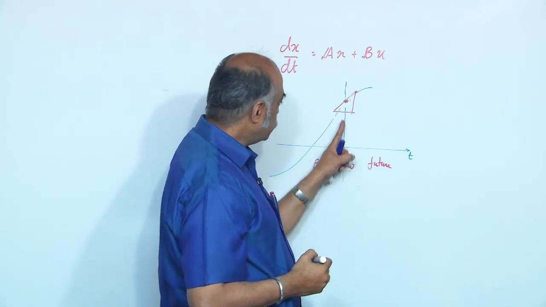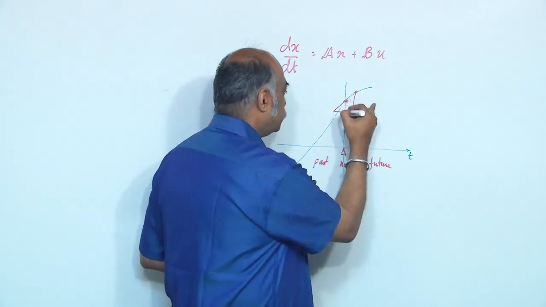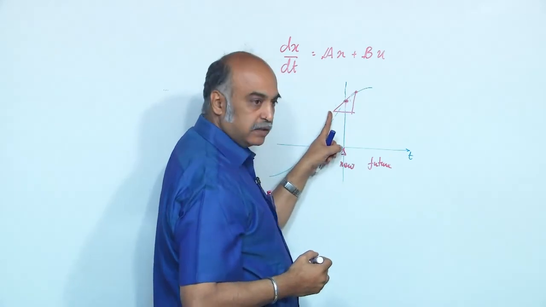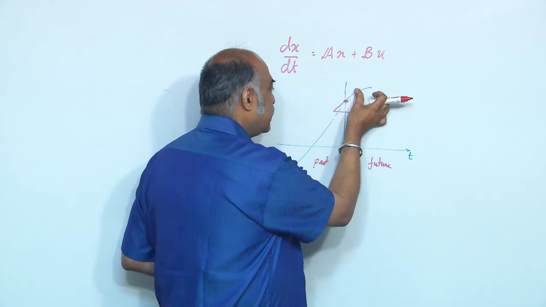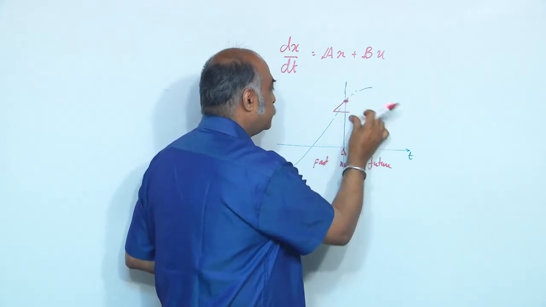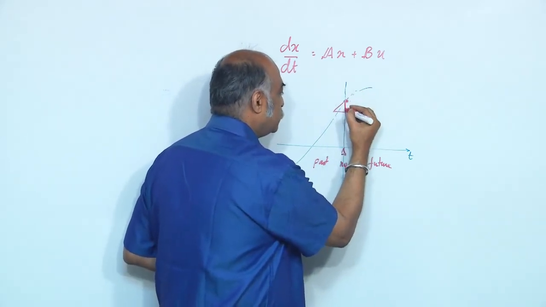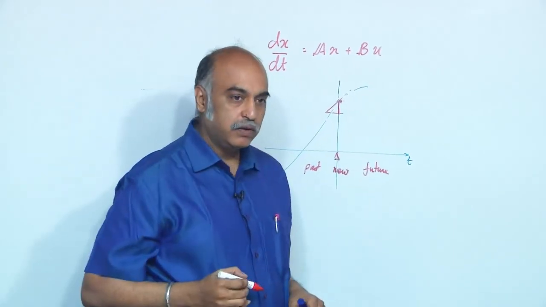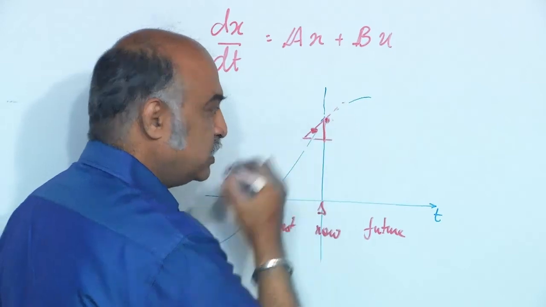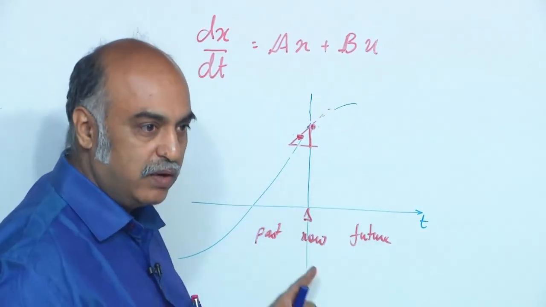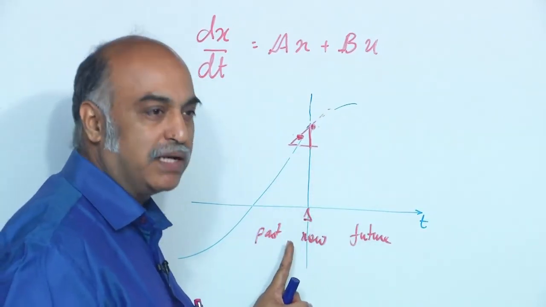So, corresponding to this now, getting this is possible, but I cannot get this. So, what is the next best thing I can do? I can do that, but you will not get the slope at this point, you will get the slope at this point, which is not what I actually want. You will actually get the slope of a bit past